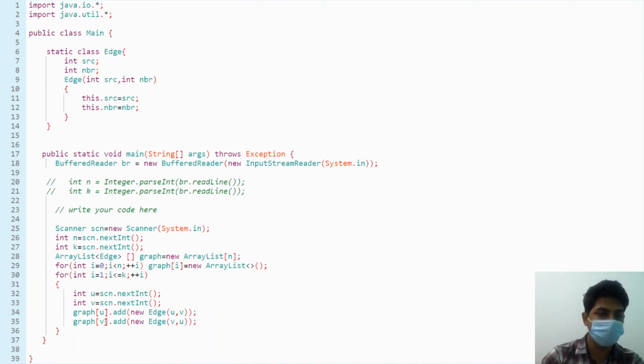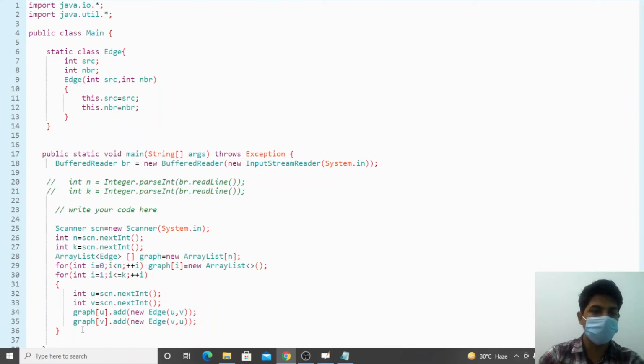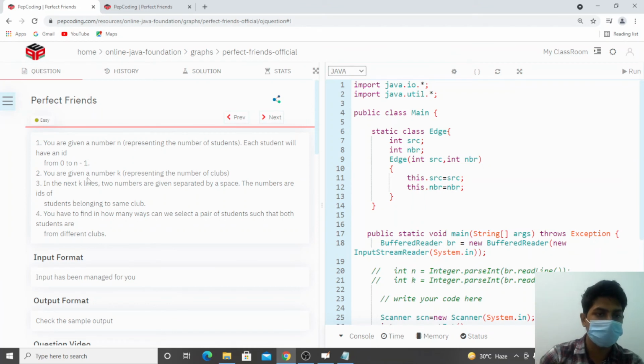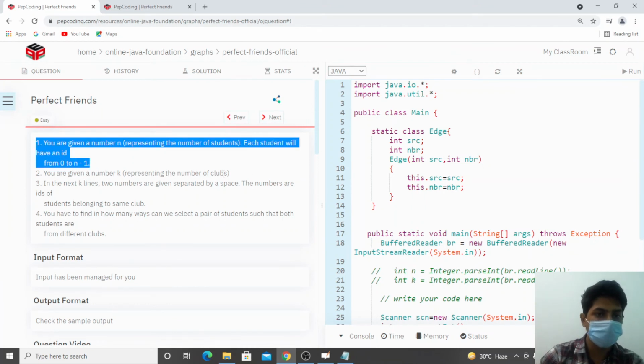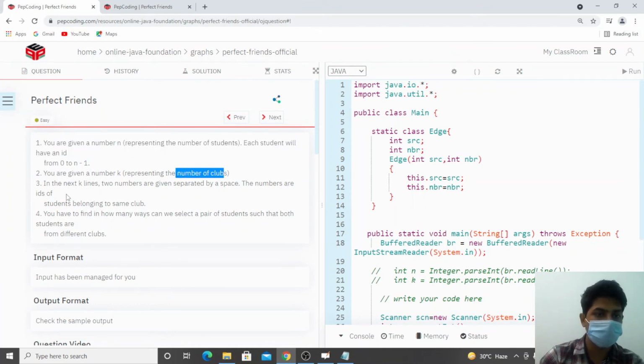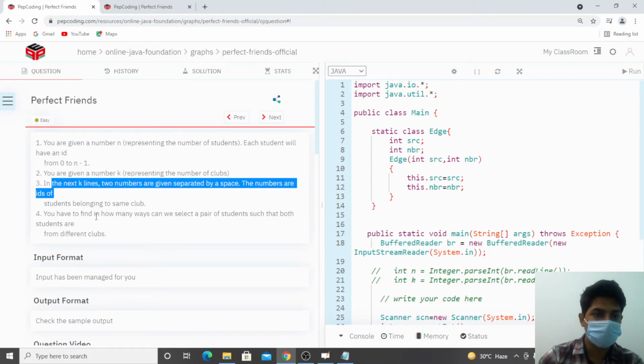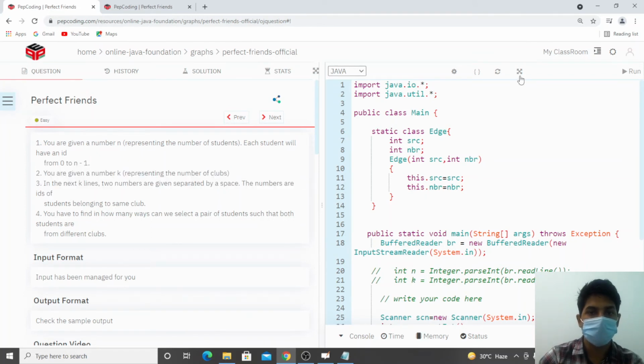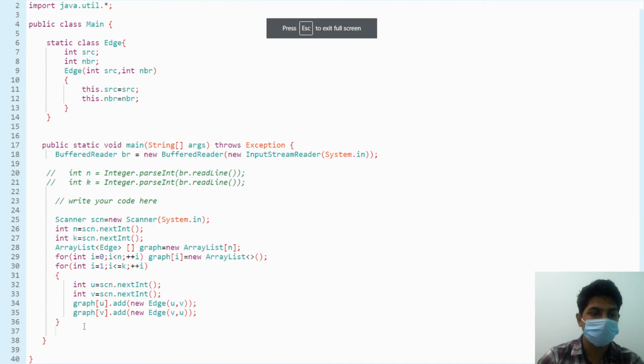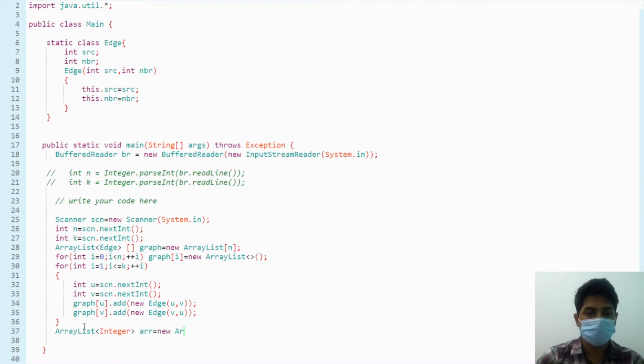After this, we have taken the input. We have taken the input for number of students, for number of clubs, and for the graph also. Now we have to find our answer, so let's do that. Let's make an array list of integer, array arr is equal to new array list.